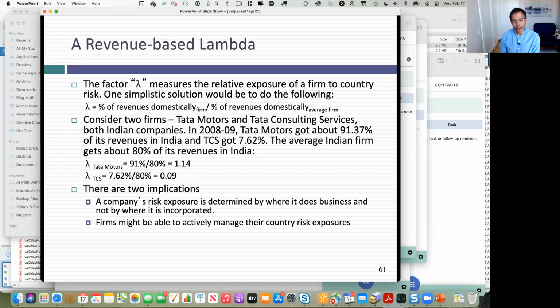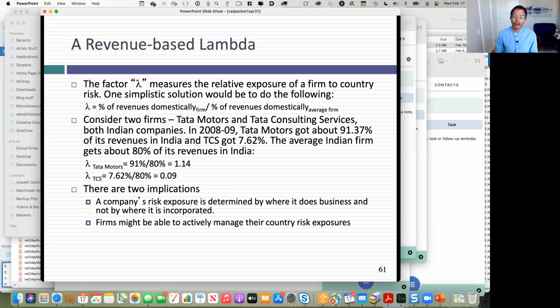And of course, this is all based on revenues. There's a lot missing by doing it. So in the paper, I started thinking about, are there better ways of doing it? You could look at operating income and net income over time. Because what are you saying? This company, if it's exposed to country risk, you should see its earnings go up when the country does well, and earnings go down when the country does badly.